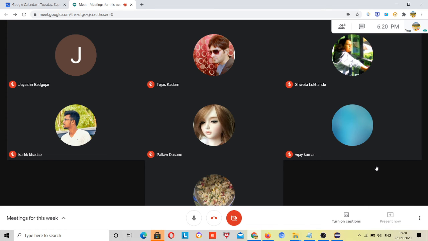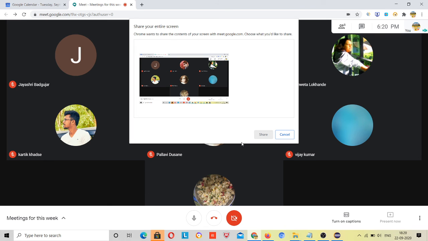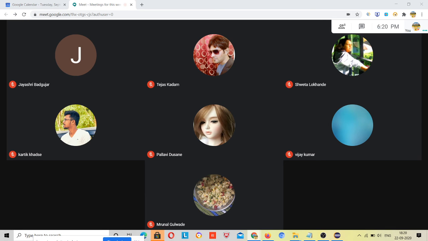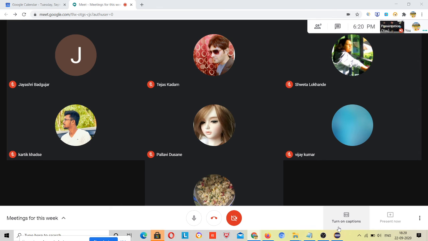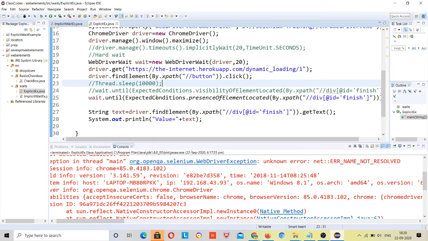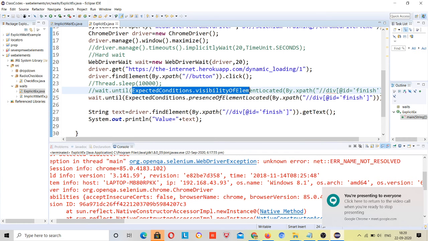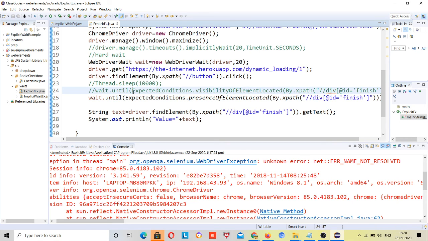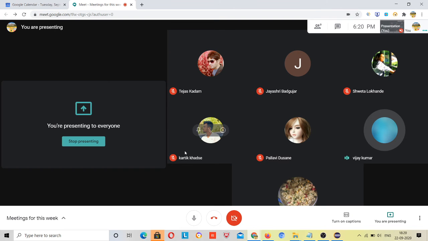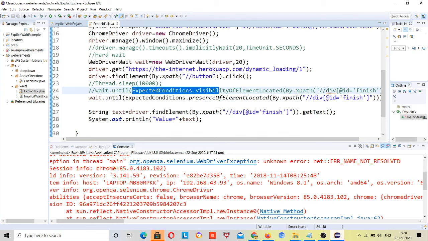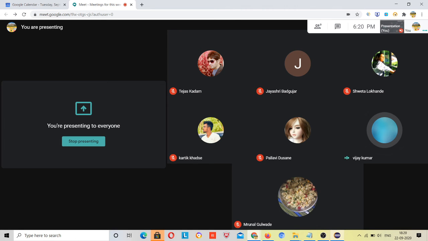Guys, I have shared my screen. It was clear to all, the visibility of element located method.